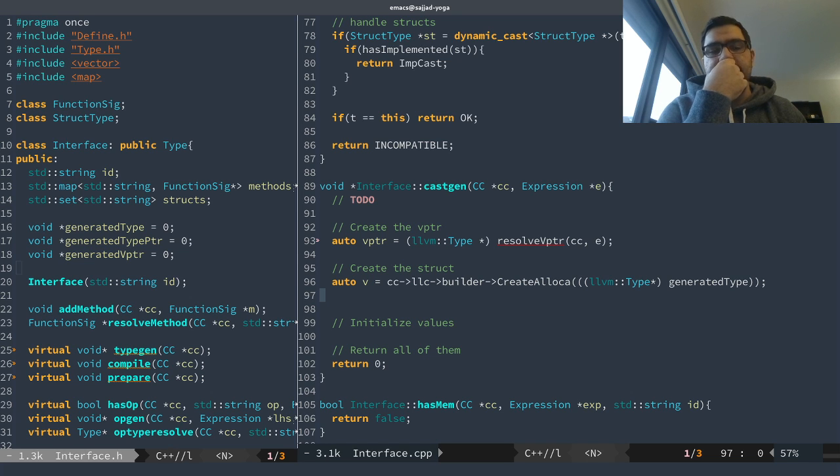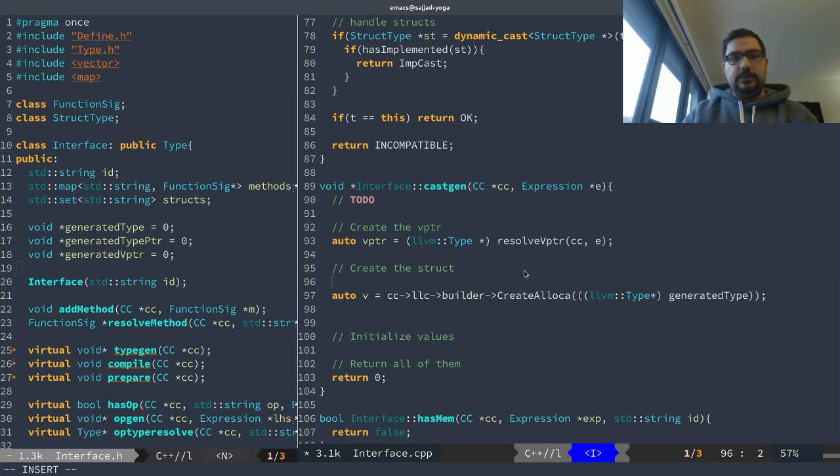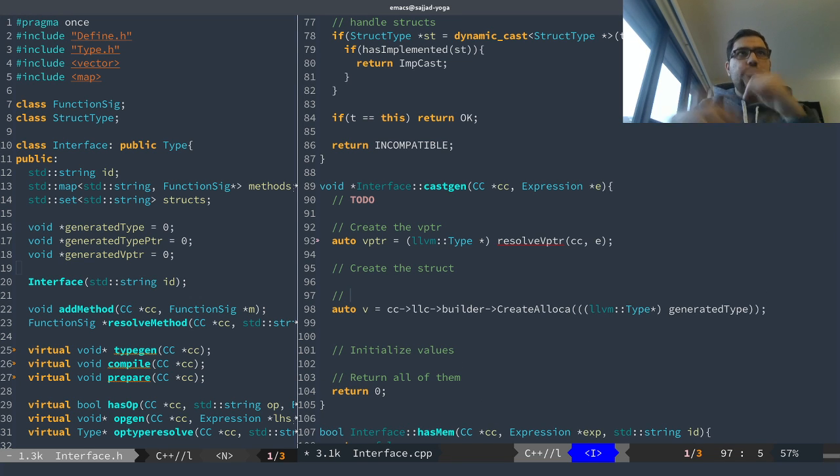Right. So we create an alloca of that type, and then I'm worried that this shouldn't be an alloca and it should be a pointer, but we can handle that later. So it won't work in a for loop at this point, but we can work around that. You convert this to a pointer. Right. So we do that, and then